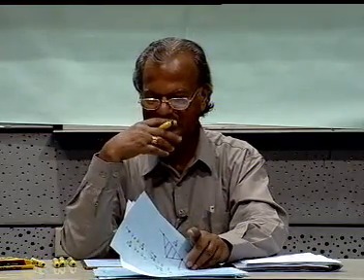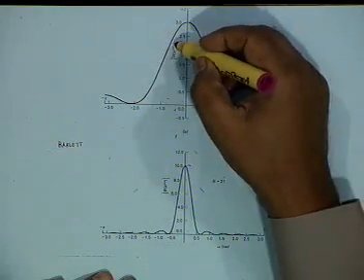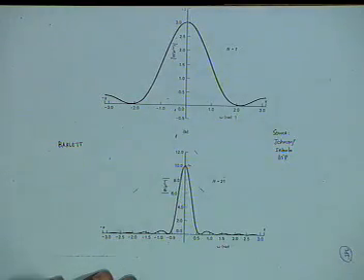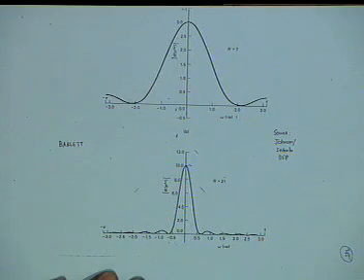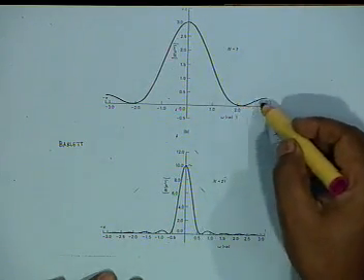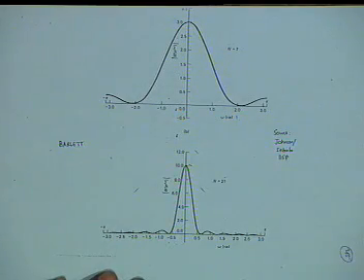I think I have made a mistake in these figures. I have shown these as magnitudes. This should actually be pseudo magnitudes. In the figures that I have projected so far, it should be pseudo magnitude. This is a mistake. Here also I should have deleted these magnitude signs. They are pseudo magnitude, but the pseudo magnitude here is positive, and therefore it is as good as magnitude.